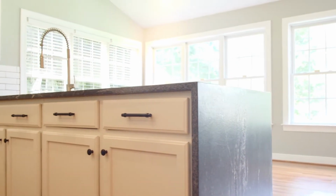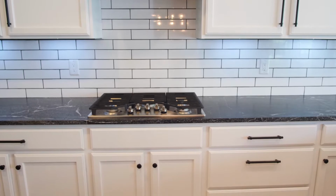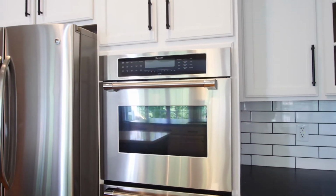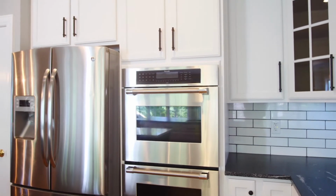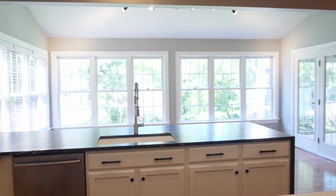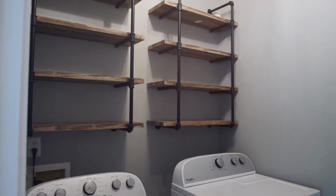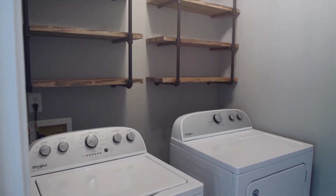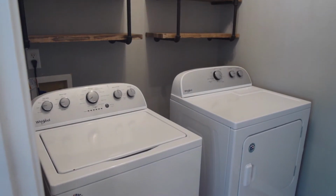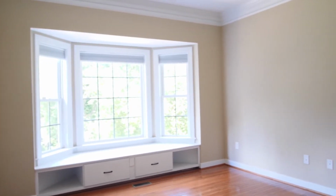On the back of the house, there's also an extra large morning room that can be served as a second family room. Downstairs laundry has been updated as well with new flooring and shelving, perfect for a drop zone as you come in from the garage. The best part of this house as well is that it's handicap accessible and has a